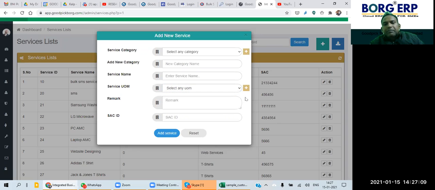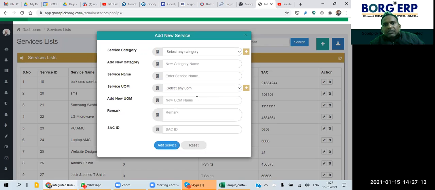If we have any measurement for the services, then we can select the UOM. Or if we don't have one, we can leave it blank. We can also put remarks if we have additional information about that particular category or service. And then here we can put the service accounting code, which is relevant to GST, and is used when we do invoicing, right? So this is the service master.